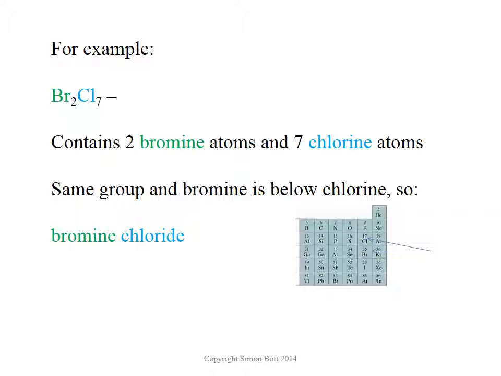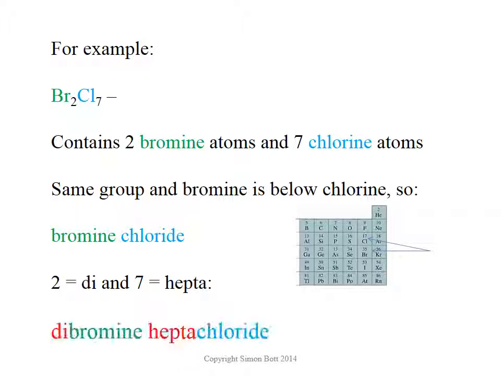Again, we look at which bromine chloride it is. It's the one that's got 2 bromines, 7 chlorine atoms. 2 is di, 7 is hepta, and so this is dibromine heptachloride. Of course, it wouldn't be chemistry if it was that easy, so there are always some exceptions to